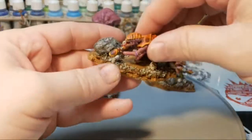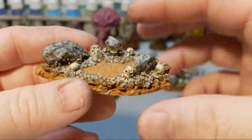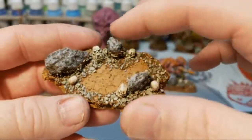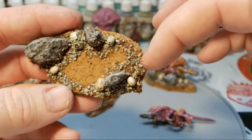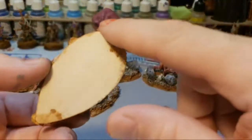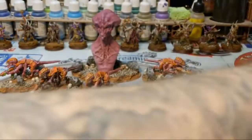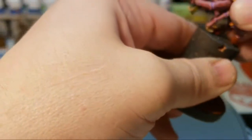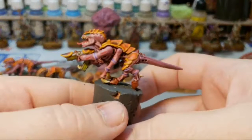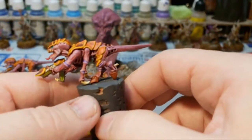Again, all custom made bases using some Citadel skulls, decorative rocks, cat litter, coffee grounds, and cork on some wooden dowels. And the miniatures themselves are just a quick build. They're called Easy Build from Games Workshop,